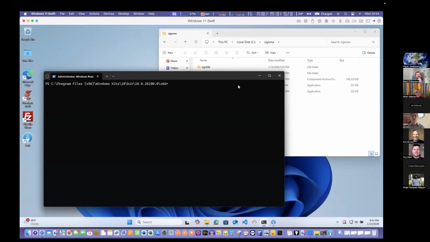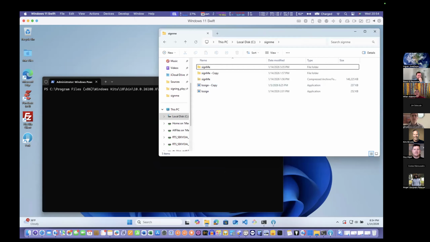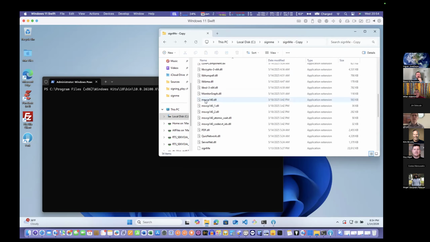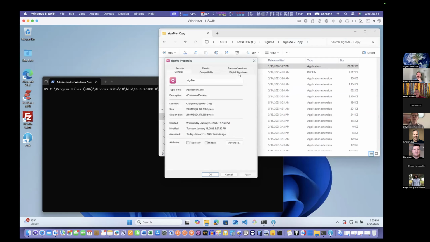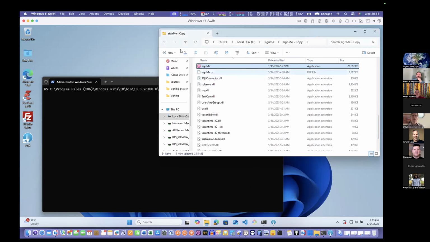This is my virtual machine on my old laptop, which I used to learn Swift on Windows. Imagine that is also possible, but I use it here now to have everything. I copied here, so I'm not sure this SignMe copy is the original that I built on Windows. When you go here, when you do properties and go to digital signature, it shows nothing here, as you can see.